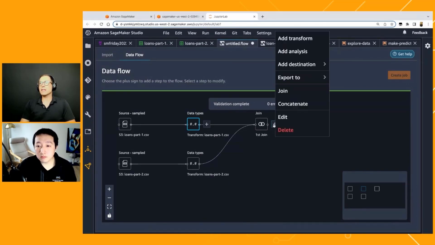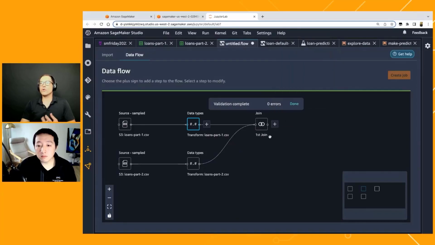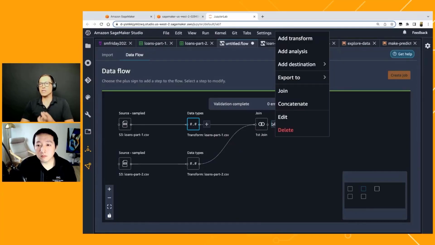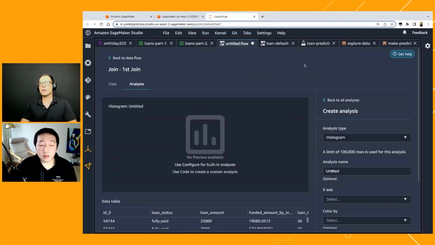So what is it, Michael, that you would like to know from the data? Like, what are the first things you will see as part of the exploratory data analysis, and how is Data Wrangler helping you there? Yeah, number one thing that data scientists would typically do is to look at the distribution, look at if there's any trend, do some plotting. Understand the distribution of the data, whether there's balance or imbalance, and whether there's any correlation among features towards target variables, and so on and so forth.